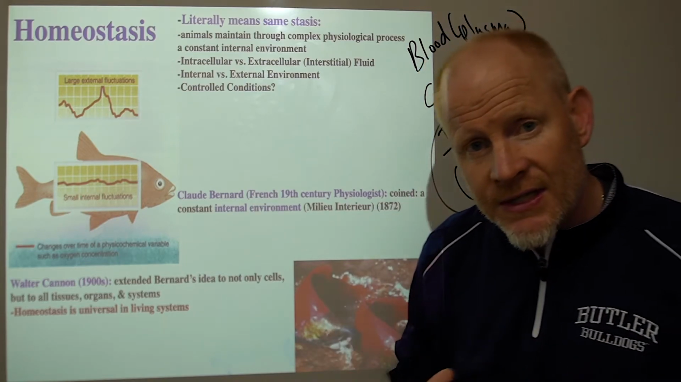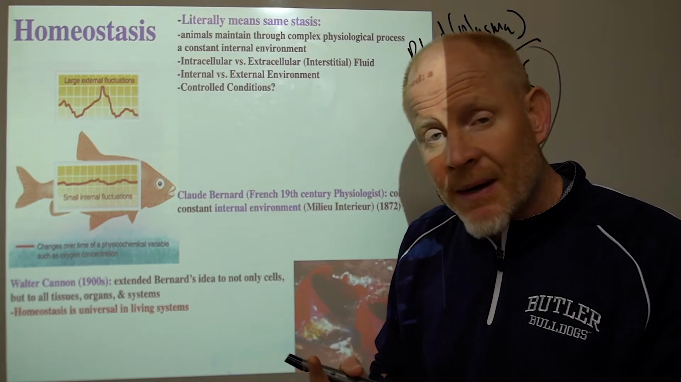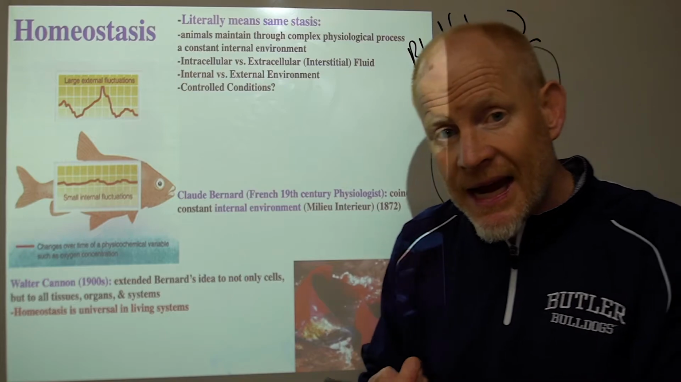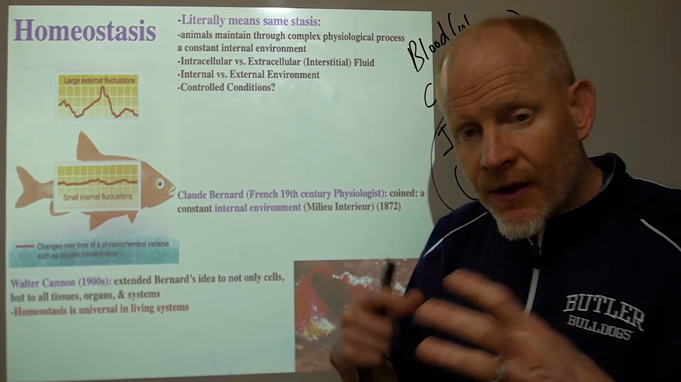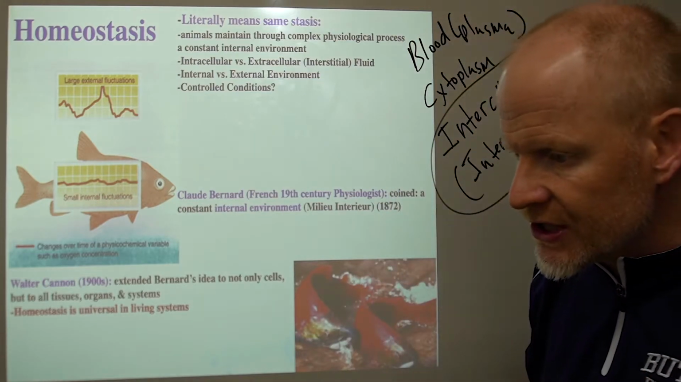So therefore, all of our cells in our body are at a temperature of 98.6 degrees. All the cells in our body have a certain amount of glucose that surrounds them, a certain amount of oxygen, a certain pH, a certain salinity. Those things are maintained no matter what's happening on the outside of our body, whether the temperature changes, it's raining,